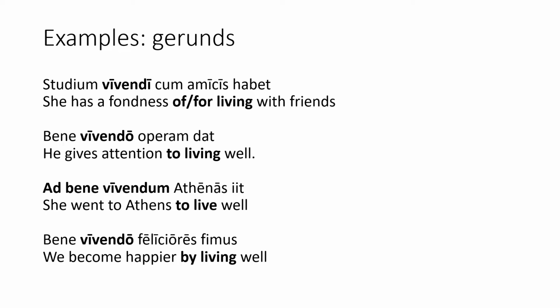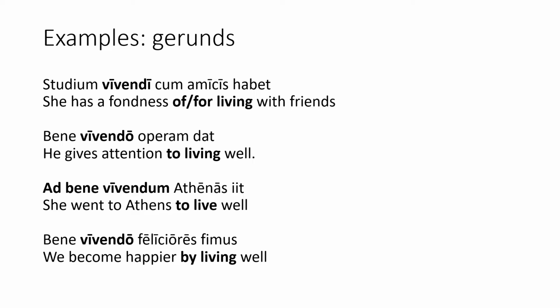In this sentence, ad bene vivendum Athenas it, vivendum is the neuter accusative singular gerund. Since gerunds can't be direct objects, it is instead acting as the object of the preposition ad and modified by the adverb bene. The prepositional phrase is translated as "to live well," and the whole sentence as, "she went to Athens to live well." This is a special function of the gerund with the preposition ad that we will be